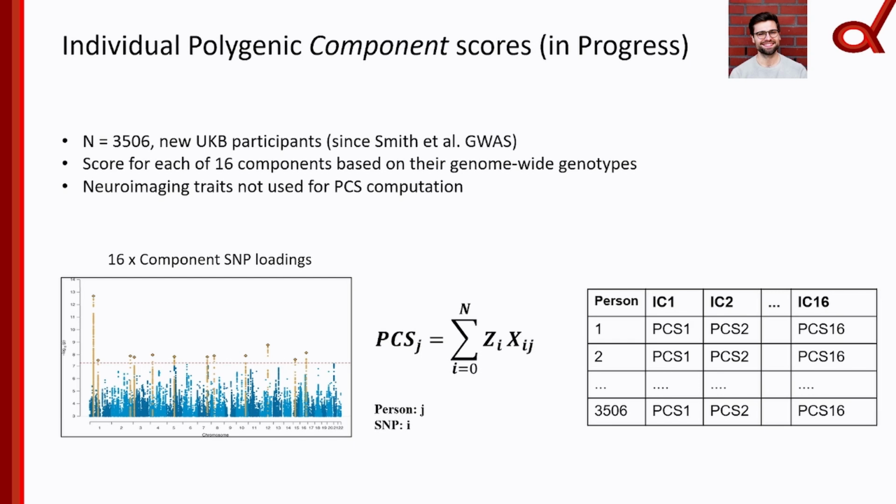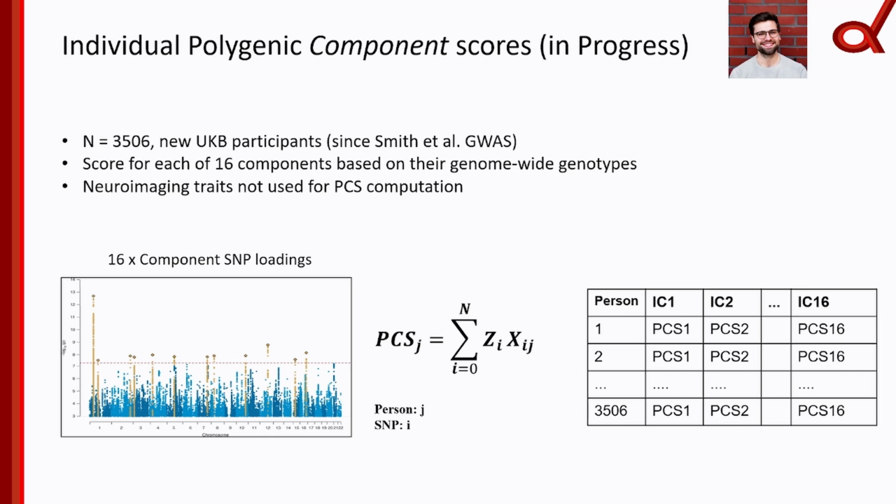Now we are moving on, and this is more work in progress, to try and see to what extent these components also describe meaningful inter-individual variation, because so far we've just been looking at the summary statistics space. And eventually, we want to use this to also stratify etiological heterogeneity or other types of heterogeneity that are very relevant for mental health and potentially clinically relevant. But first, we want to just build this from the bottom up. So we want to see to what extent do our components describe inter-individual differences in the brain in the first